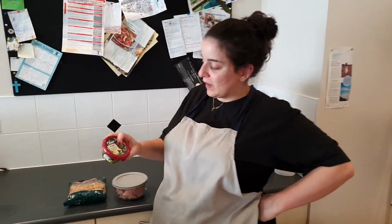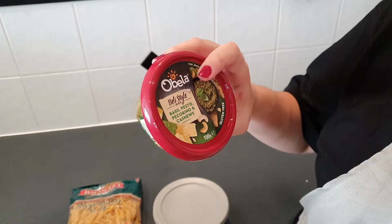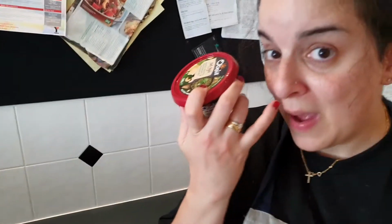My name is Mary. We are going to be using the Obela Basil Pesto, Pecorino cheese and cashews. I think this is supposed to be a dip, but I'm actually going to use this as part of a stir-through sauce for our pasta. Oh yeah, we're going to make...